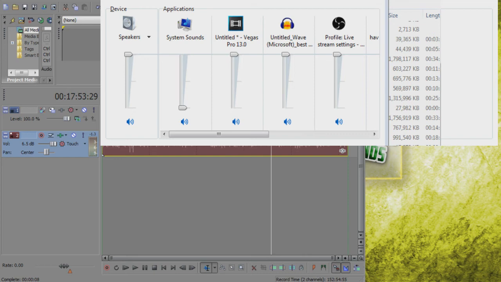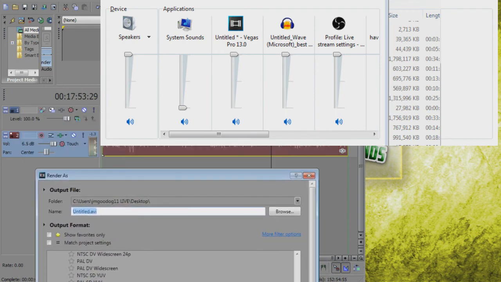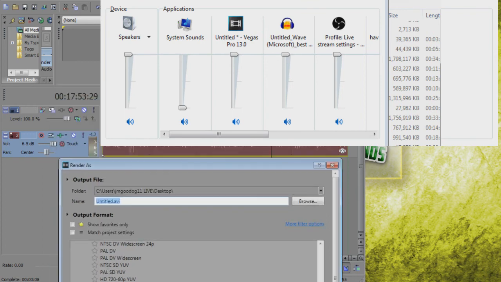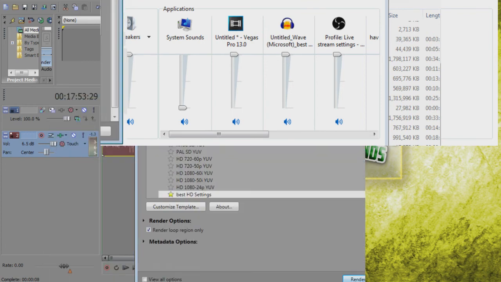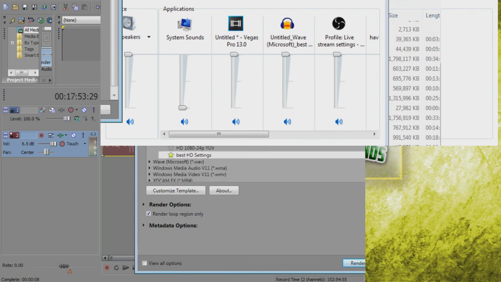I don't think I'm going to record and render at the same time, but this is how you do it. We render as. And since we already have the render agent selected, it automatically will only render what's in number 1. We're going to click on our best HD settings, what I showed you earlier. And then we're going to save it as